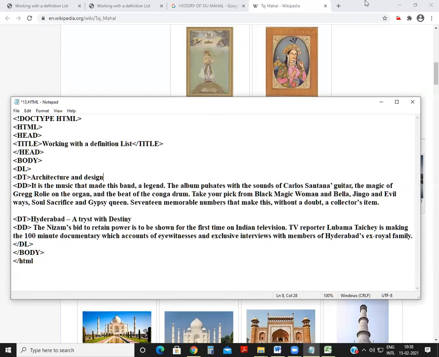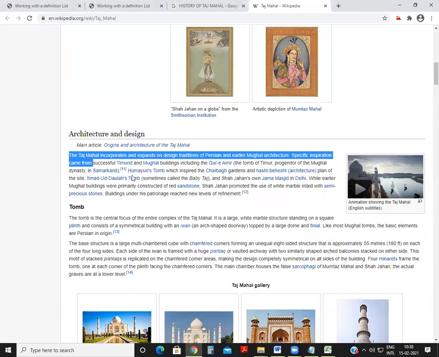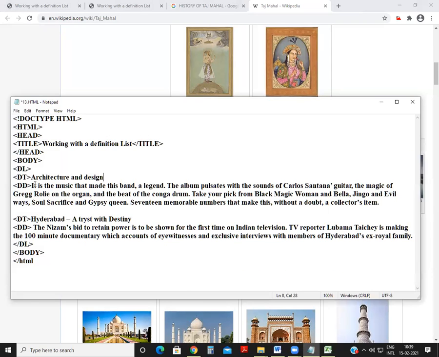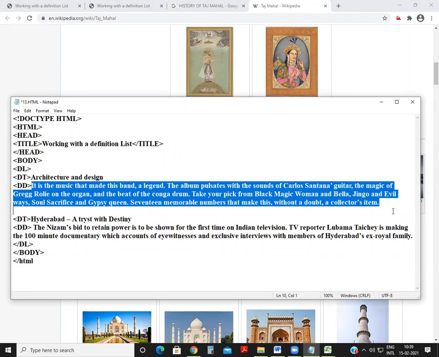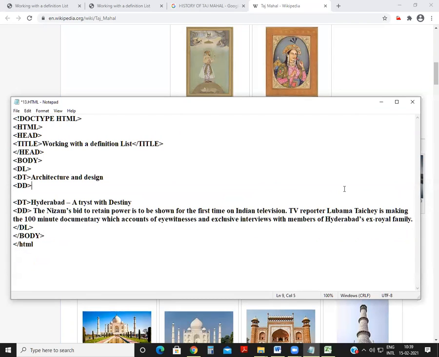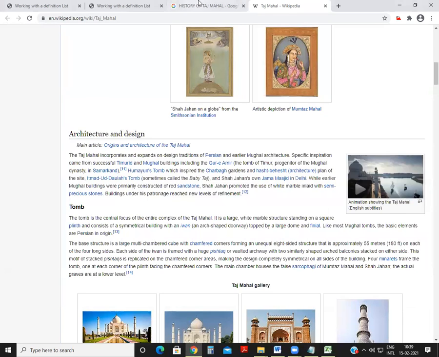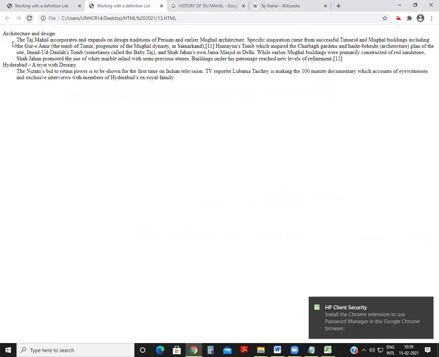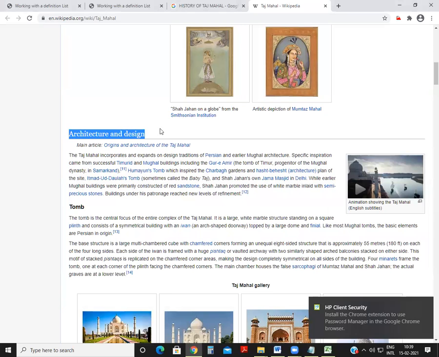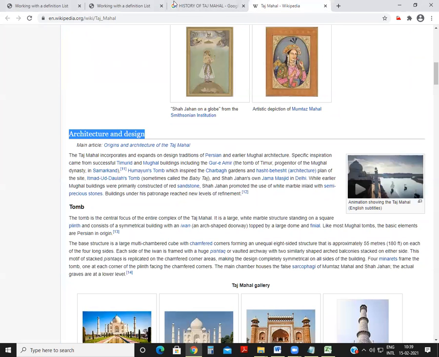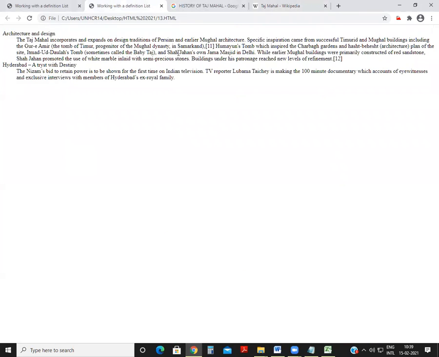And then you copy this, and in this DD we will paste the detail here. So if we save, and then refresh this page, this will come the same, right? There's a heading and then this paragraph. So it also comes.